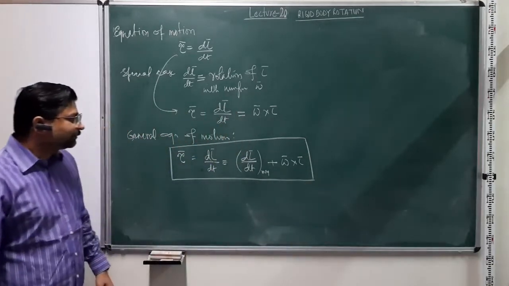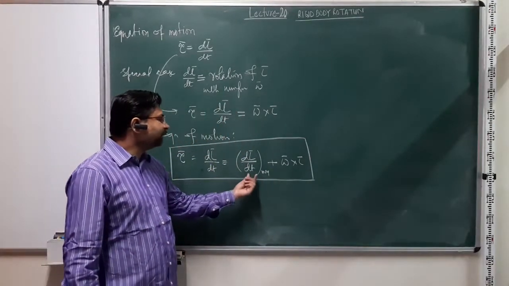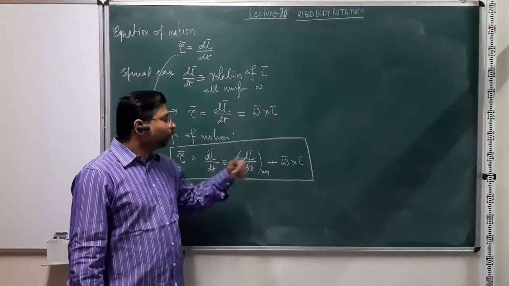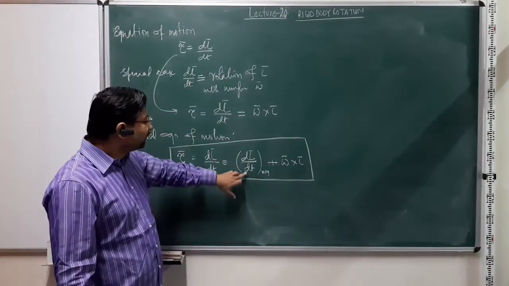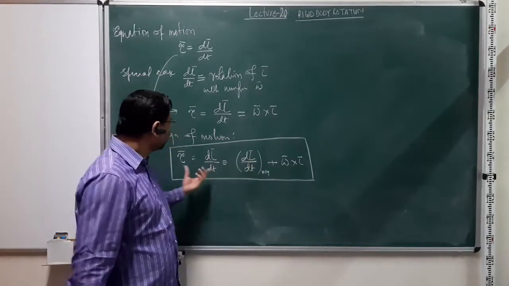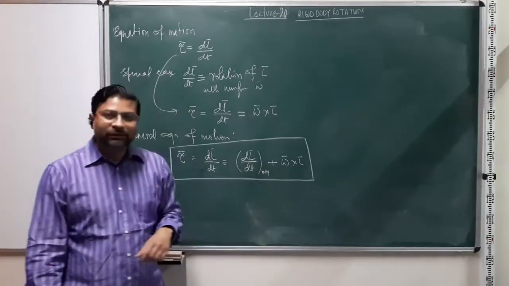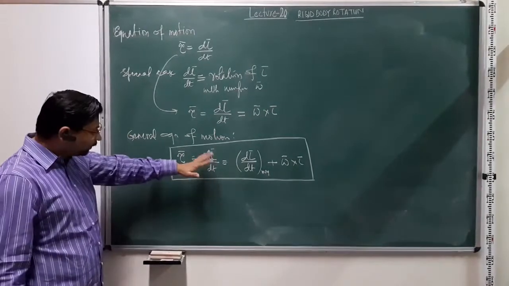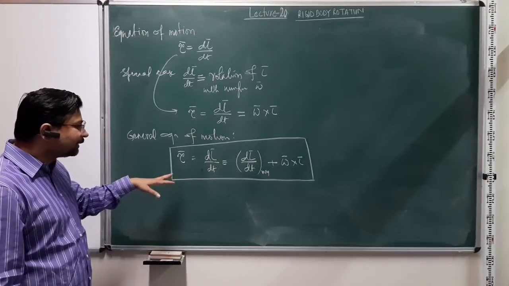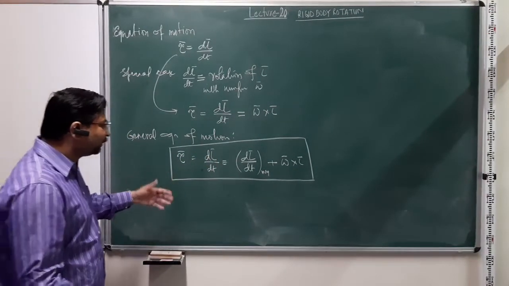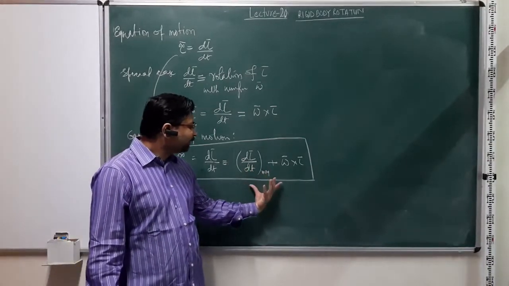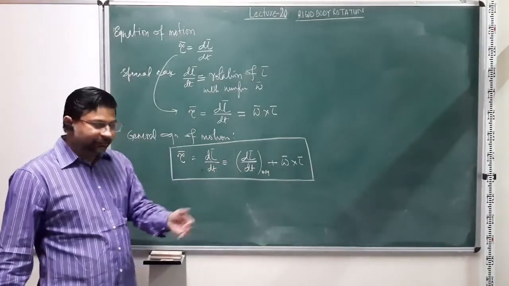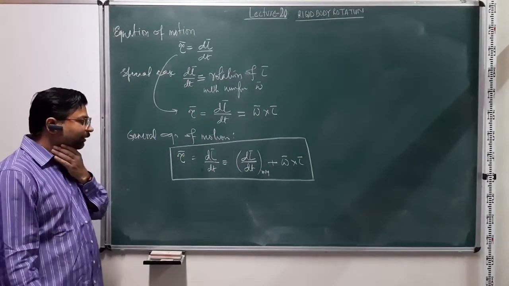And in most of the cases, what we have seen is L does not change in magnitude with time. Omega also is a constant. It's a uniform precession. So this term automatically goes to 0, and then my tau is simply omega cross L, right? So this is a more general way of writing the same thing. And of course, the difficulties could be because now omega is changing. So how do we couple these two things? How do we apply these two things? That will depend on the particular problem.